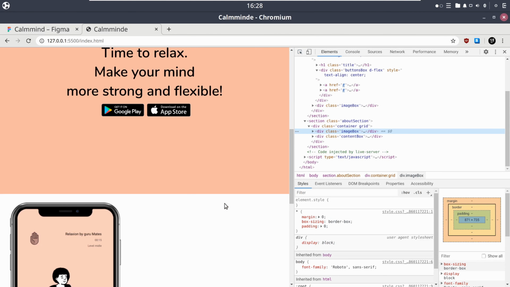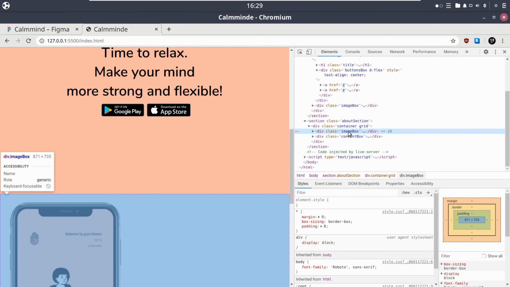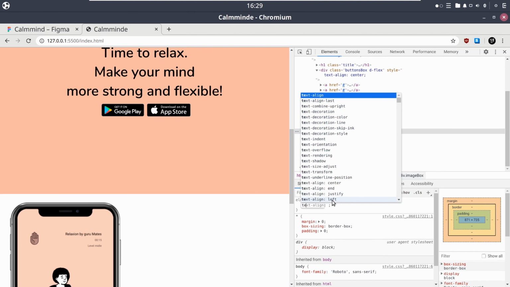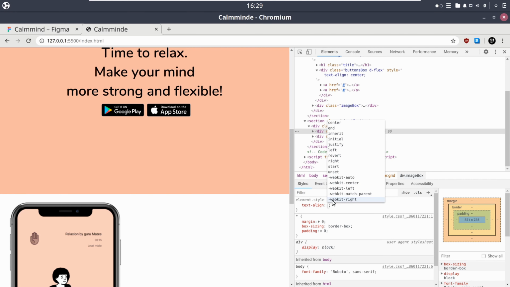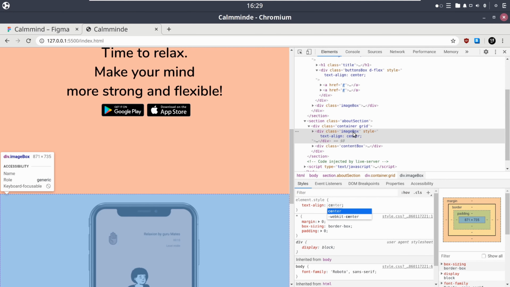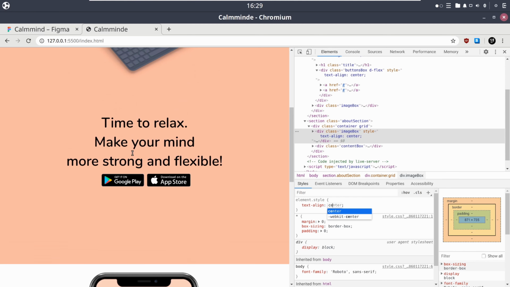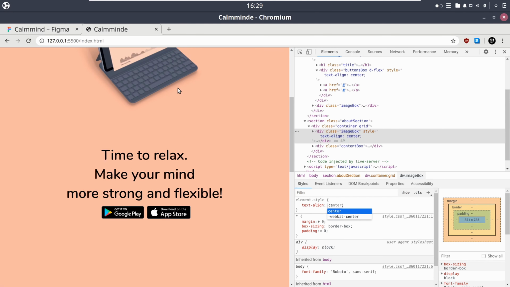What's this? An image box. Well, an image box which is going to be about section. How about if we give in this image box text align center as well, or we can use, I'm just thinking for something. If you can see, what we do is that we make this here text. We make text align center. Then we make the other one text align center, and then